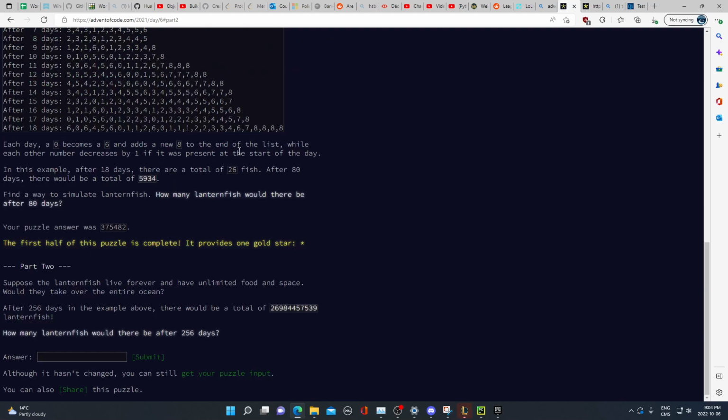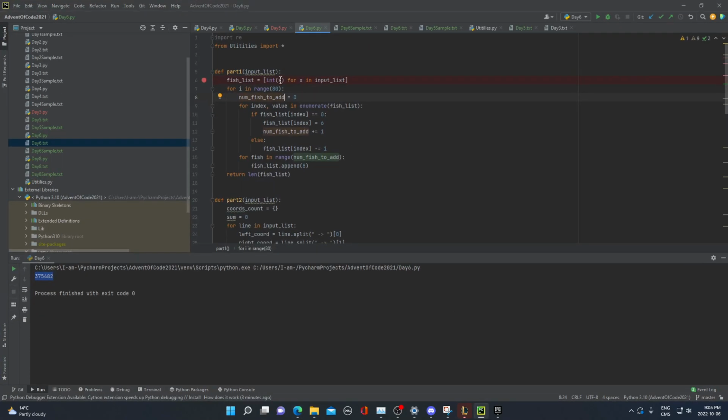Suppose the lanternfish live forever and have unlimited food and space. Would they take over the entire ocean? After 256 days in the example above, there would be a total of... now this is testing my optimization here. But it's only 256. Does that even matter? Like, if I change it here,